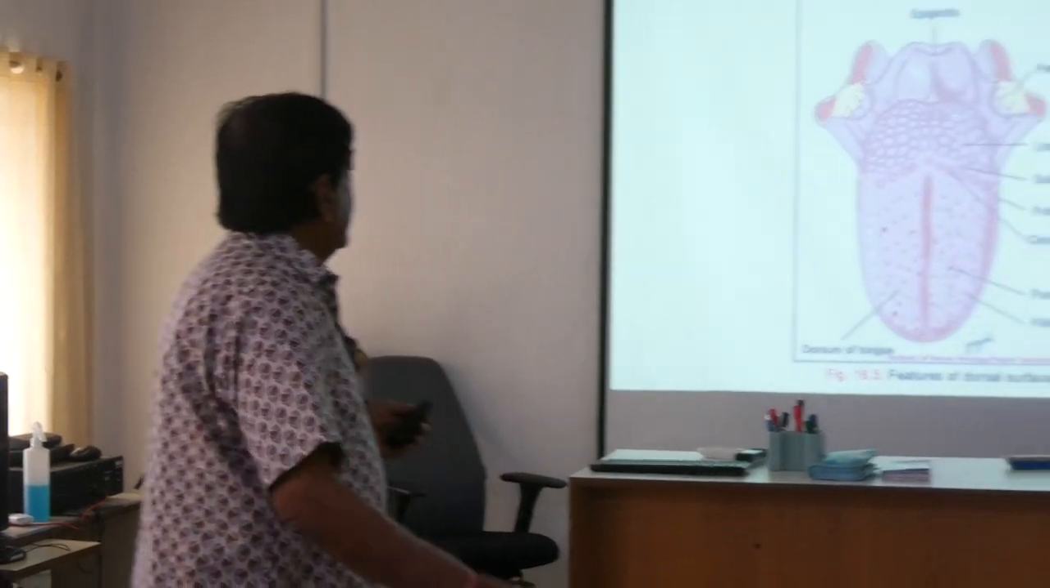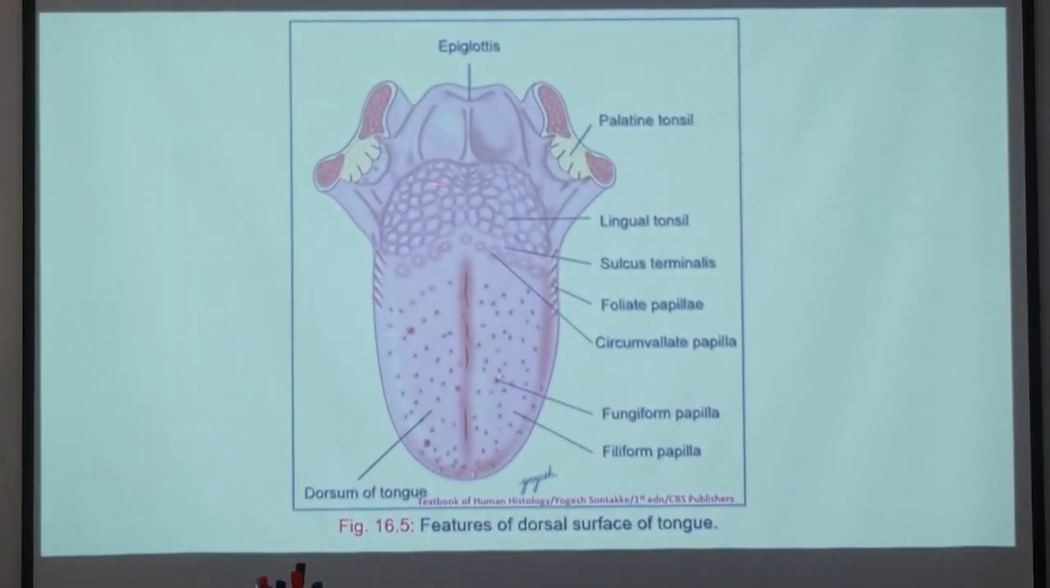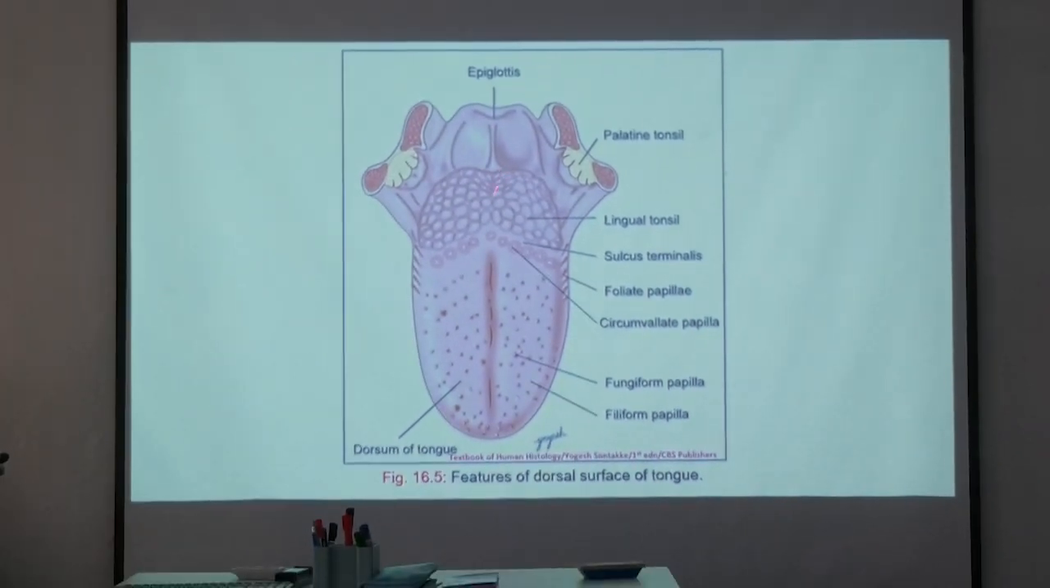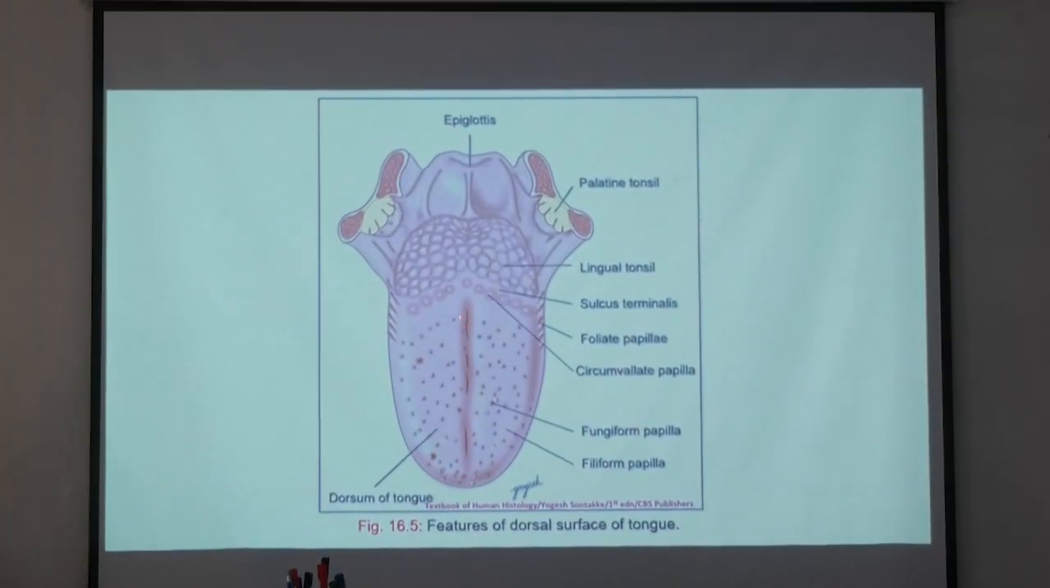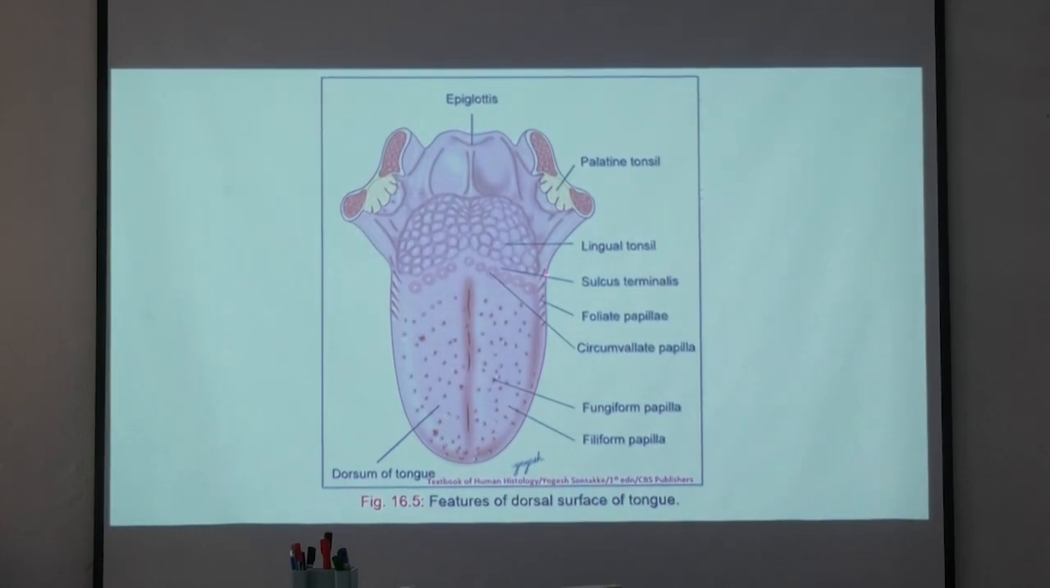Okay, now this part I will tell you. This is the epiglottis, this is the tip. Now this is the organ of the tongue. Now this is the tonsils, palatine tonsils. Now you see the lingual tonsils are here. This is the sulcus terminalis,